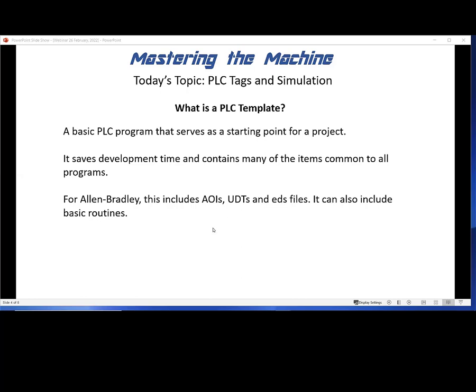For Allen Bradley, this includes something that is specific to Allen Bradley itself, called an add-on instruction, AOIs. For those of you who do Siemens, that's similar to a function block. It is a self-contained piece of code that you can call over and over again, and you can pass parameters into it and out of it. And then there's UDTs, which are common to pretty much all PLCs. They are structures,